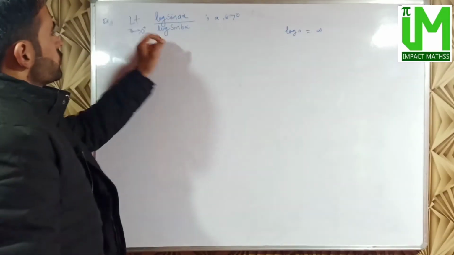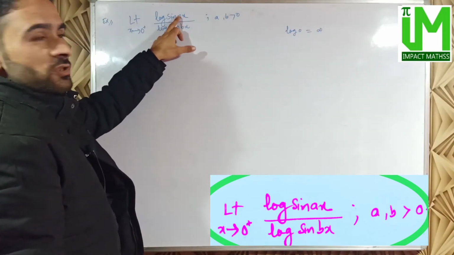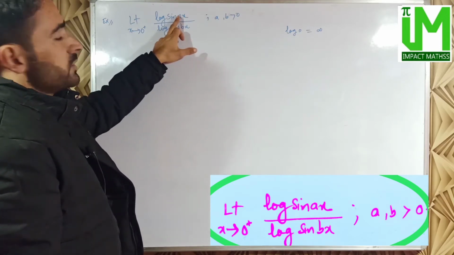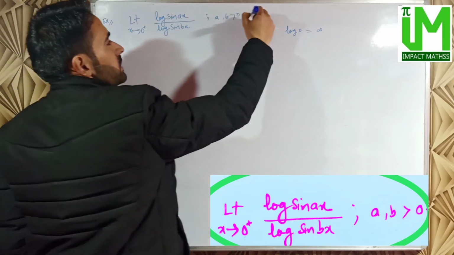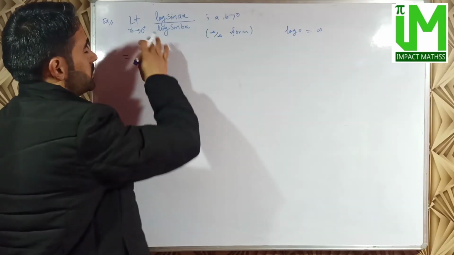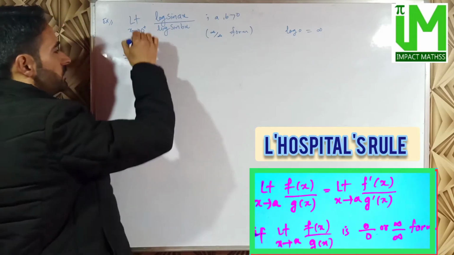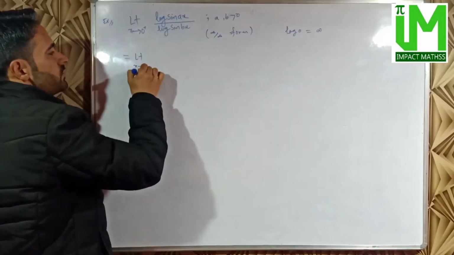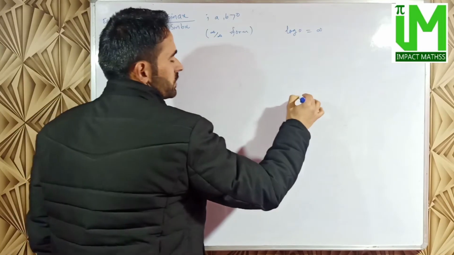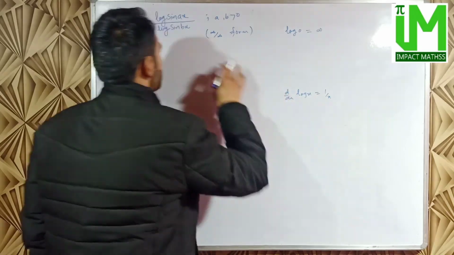Thus when x approaches 0 from the right, the numerator will be log of sine 0, which is log of 0, undefined, or infinity, and the denominator likewise, so we will obtain infinity by infinity form. So this is an indeterminate form of the type infinity by infinity. Thus by L'Hopital's rule, the limiting value will be the derivative of the numerator divided by the derivative of the denominator. We know the differentiation of log x is 1 by x,